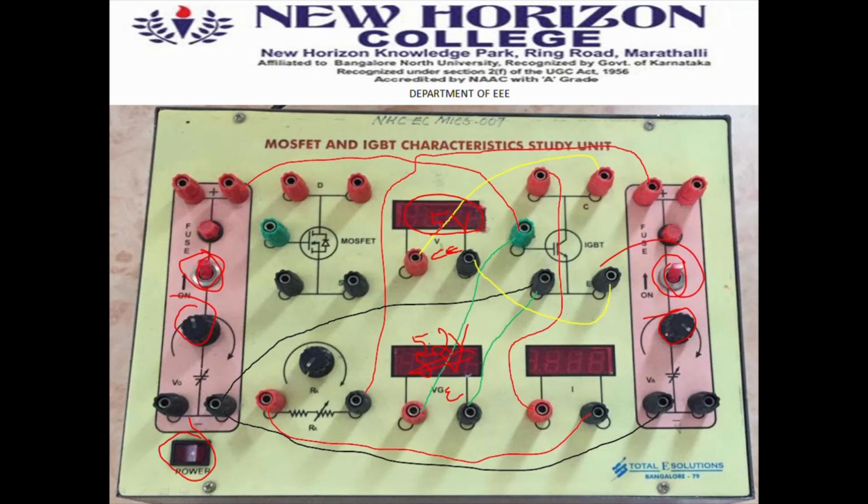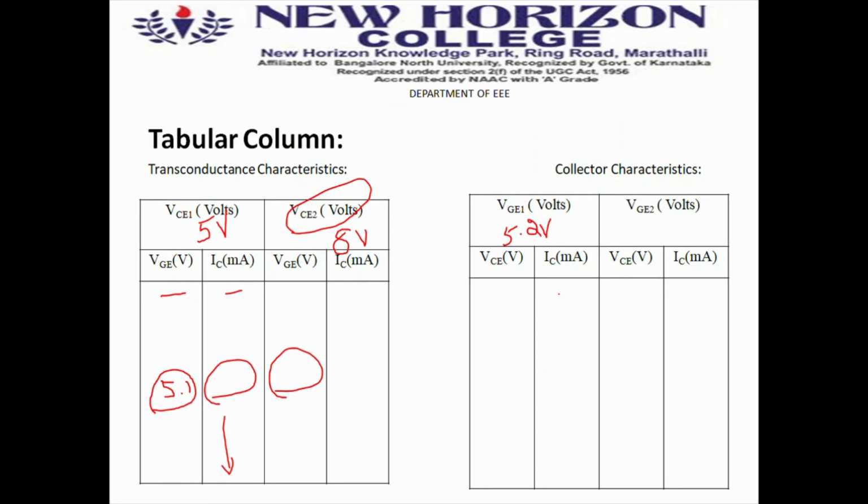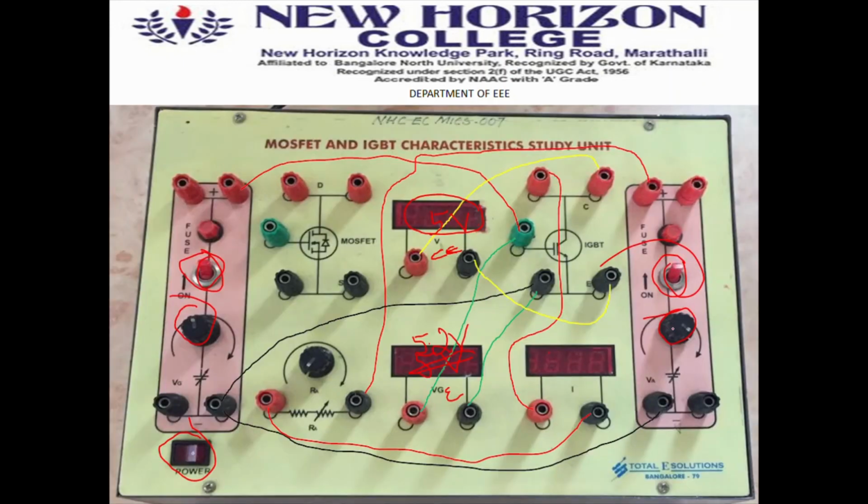After switching on this, now it is at minimum. It shows me the value of 0. So now note down the value of voltage and current. This is showing you the value of 0, and it will show you some value of current, 0, or it shows leakage current. Just make a note.